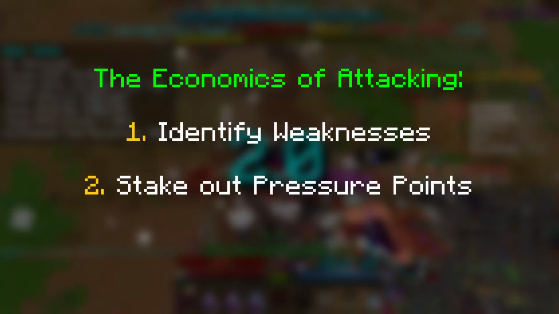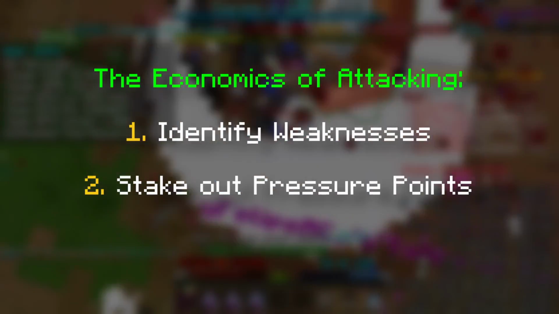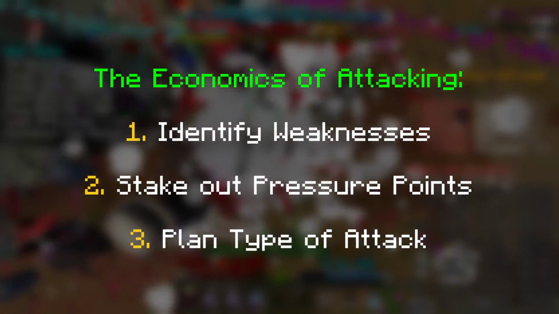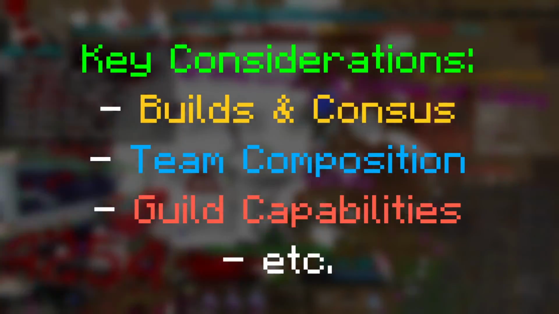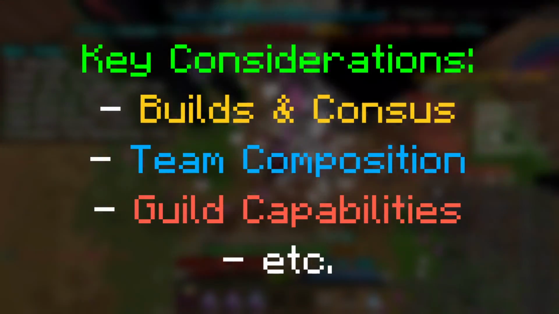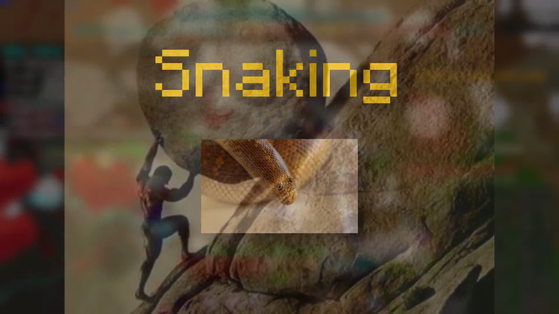These are all critical questions which attackers must consider when preparing to attack somewhere. Next, you want to create a plan for what kind of attack you want to launch. Depending on both the size of your own war team, as well as your targets, you may have to adopt different strategies. If you're soloing or duoing, you can consider a strategy known as snaking, whereby you essentially take a